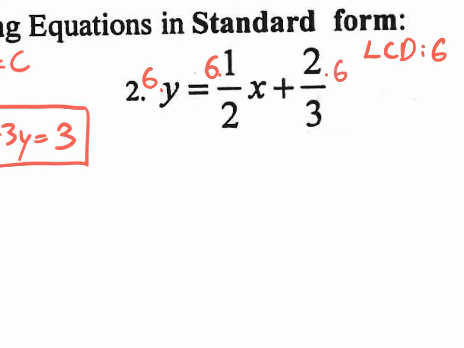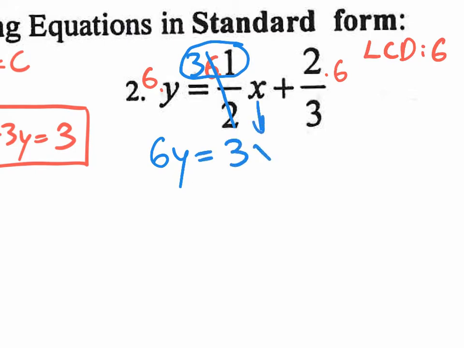So we end up with 6y. The 6 over 2 cancels. 6 divided by 2 is 3. And up on top, 3 times 1 is 3. So you have equals 3. And of course, there's an x with the 3. And then over here, 6 divided by 3 is 2. And you really have 2 times 2, which is 4. So we got rid of both fractions at the same time, and now all we have to do is get